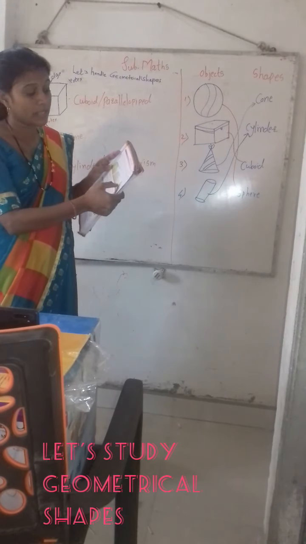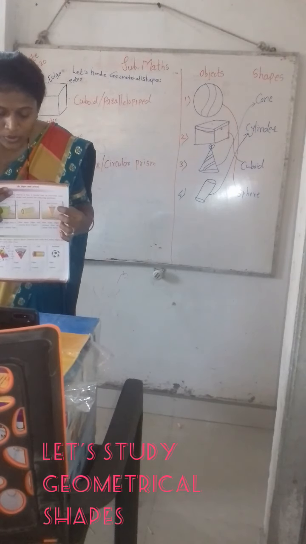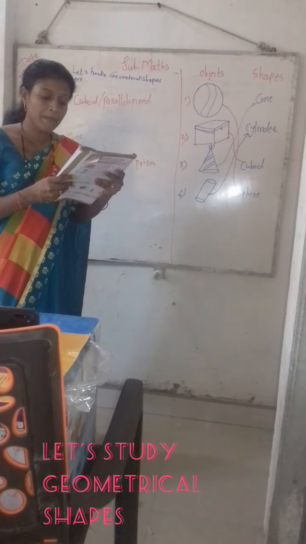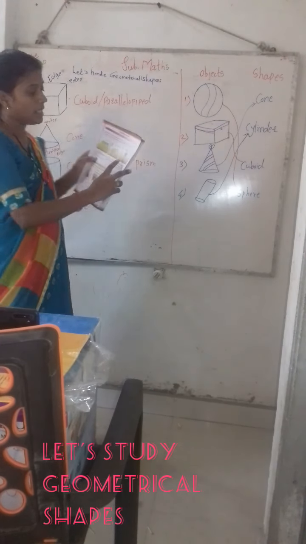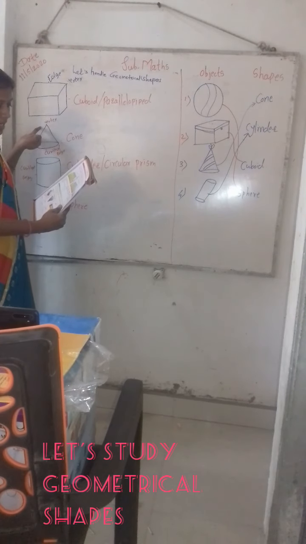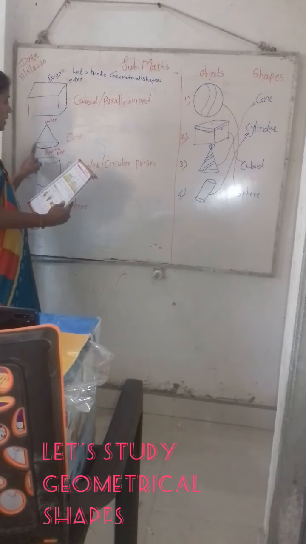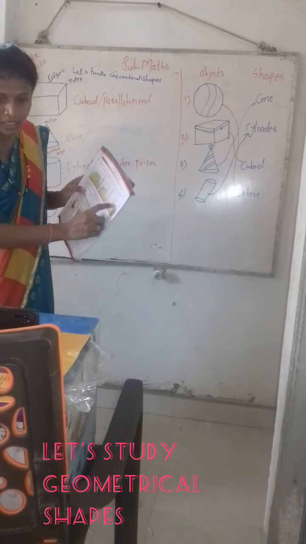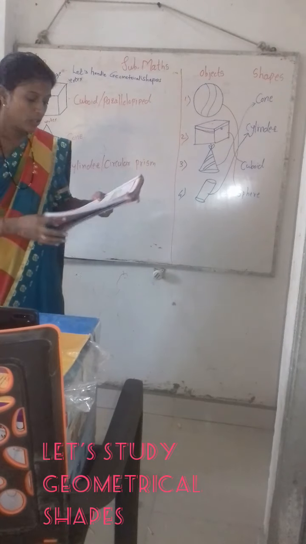Our third shape is like this, a shape like a cone. So how many edges and corners does an ice cream cone have? How many corners does it have? It has one corner. And how many edges? One edge, means this side, the curved side, this circular shape. It is in a circular shape. So the next point is, you can see the book.